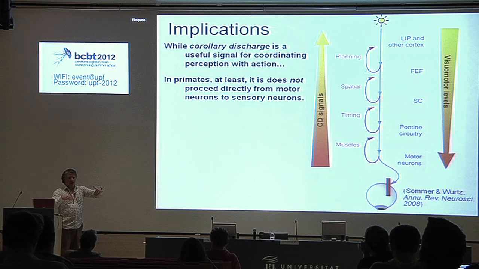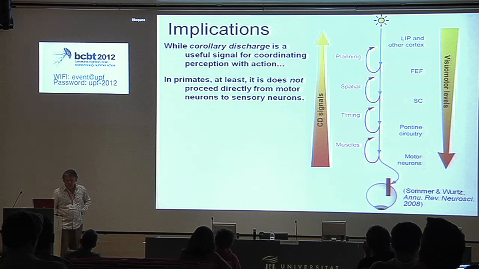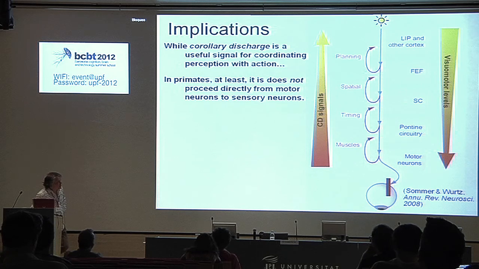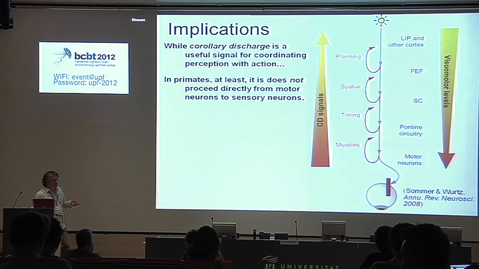I assume if we did a bilateral injection, it would just decrease it by 50% in both directions. I think that cerebellum and basal ganglia inputs are providing other sources of corollary discharge. Nobody's studied that yet. But the main point here is that there is no direct, classic efferent copy coming from motor neurons directly up to the sensory system in primates. Everything has to go through the thalamus, first of all. There are very few, at least functionally relevant in terms of sensory-motor transformation, projections directly from subcortical areas to